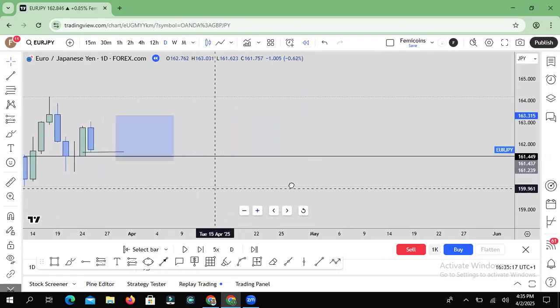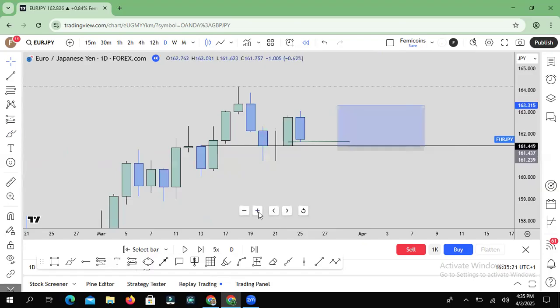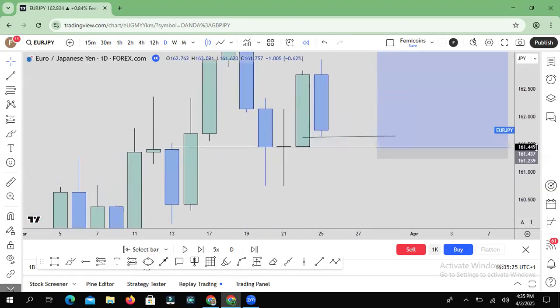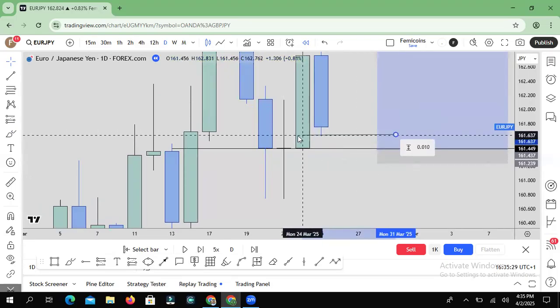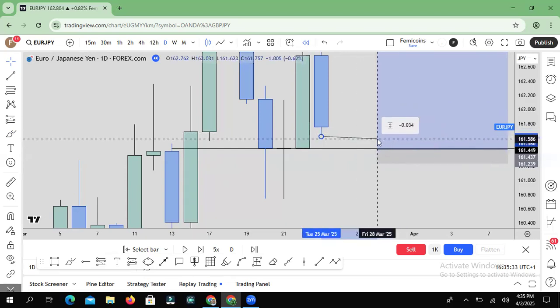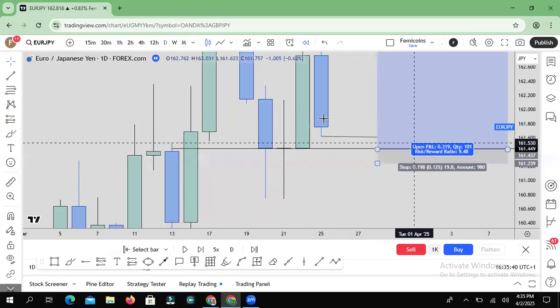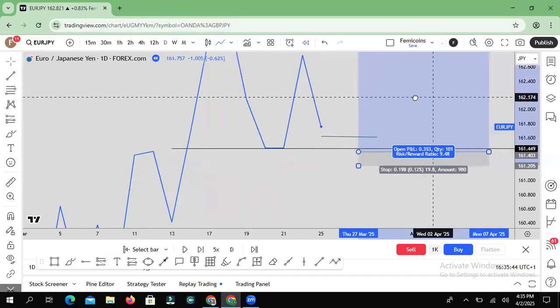Just for the sake of time, I don't want to go into how to look for confirmation entries, because you can't take confirmation entries, because this is the first time. It comes with experience and hard work, a lot of studies and all of those things. So this is my liquidity right here. This is my V-shaped key level. I expect the market to come back into this V-shaped key level, and then I have my buy around here.